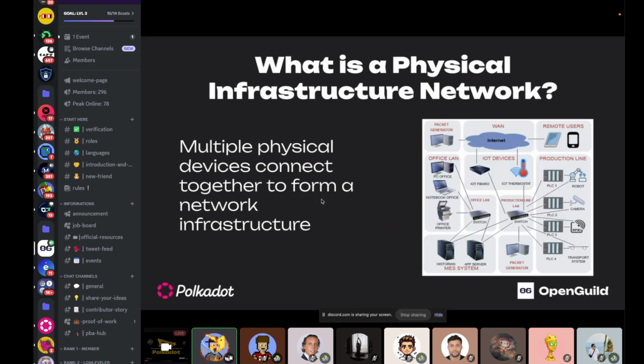The local area network then expands out and connects to other networks in the whole world, and later it becomes the internet. That is the infrastructure, the physical network that requires physical devices.